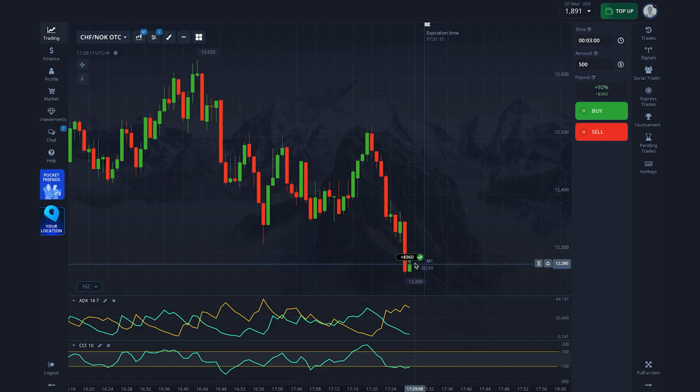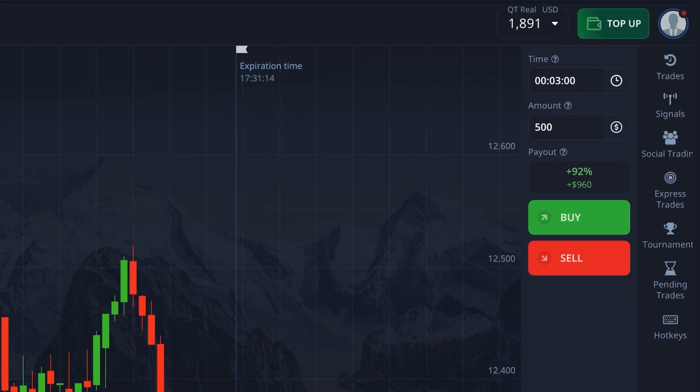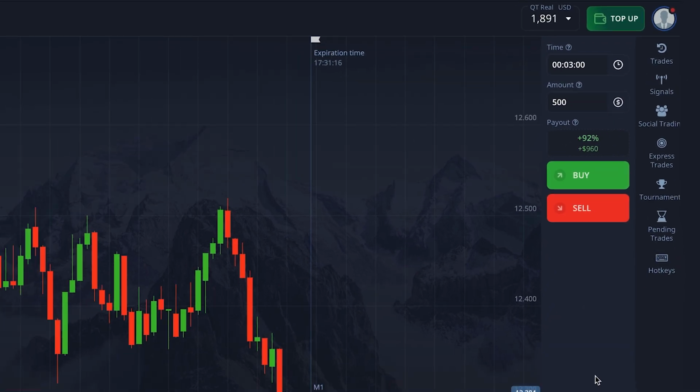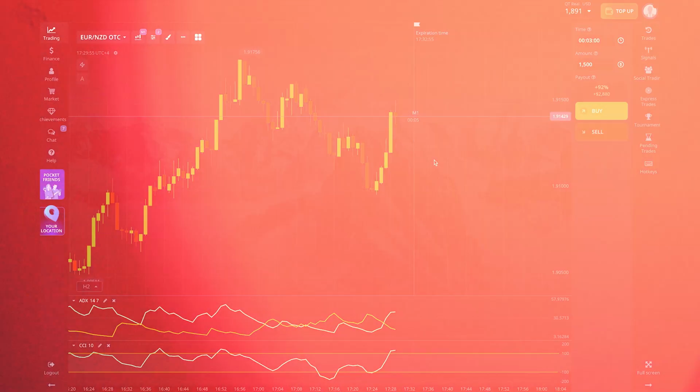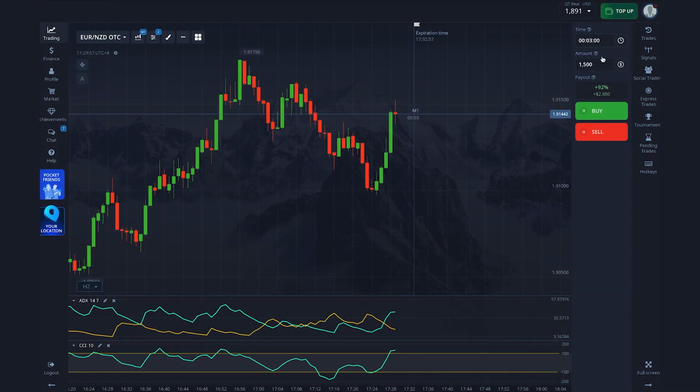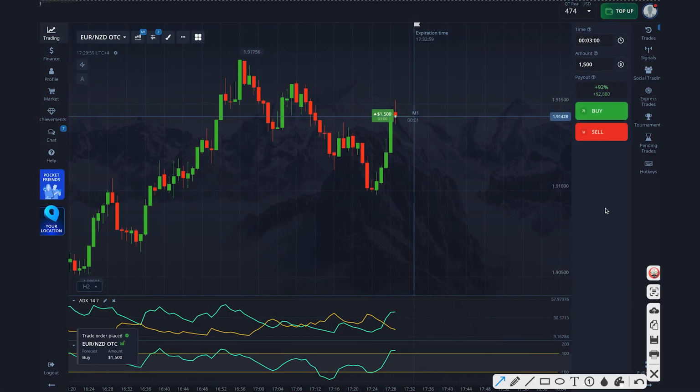An excellent moment. I lock in $460 in profit. My balance is growing, and my confidence is only increasing. The final trade of the day. I set the timer for 3 minutes and open a buy trade for $1,500. After breaking through a significant resistance level, the price not only overcame it, but also confidently consolidated above it,